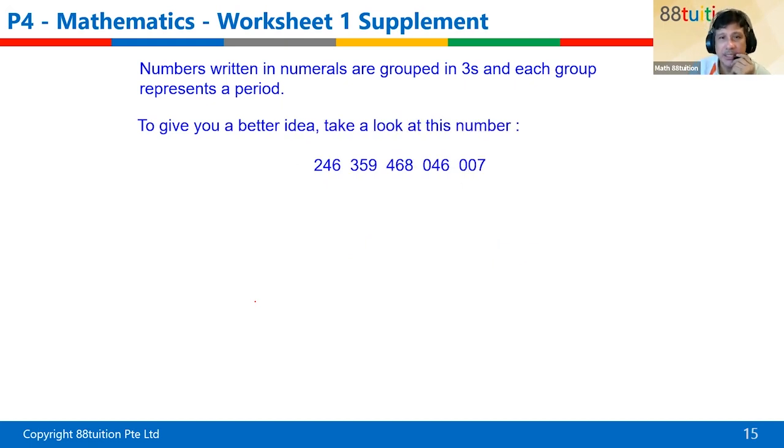So this one is actually just one number. But this one number has 3, 6, 9, 12, 15 digits. It is a 15-digit number. It is just a number. Now, when it is written in groups like that, you notice they are grouped in threes. So the group that's on the extreme right, that 007, is the